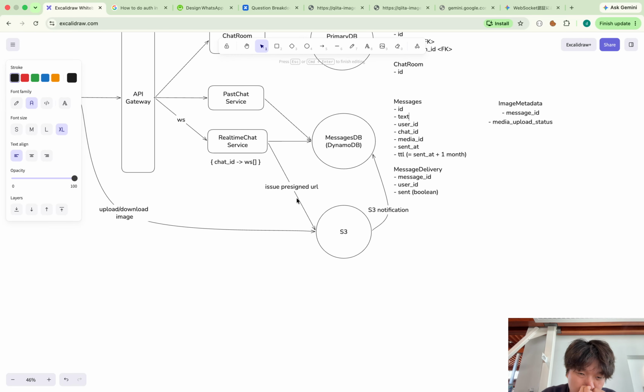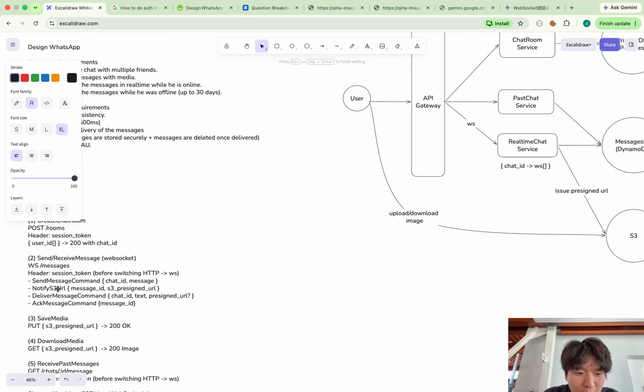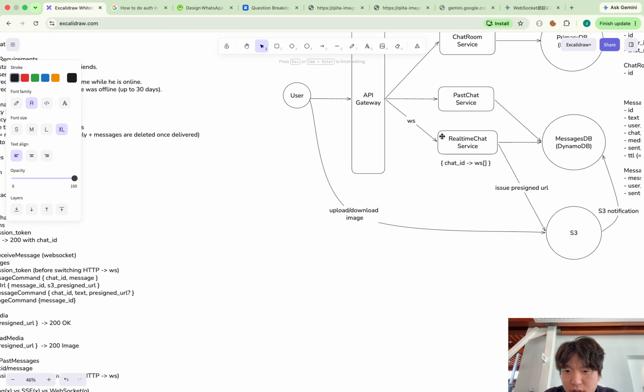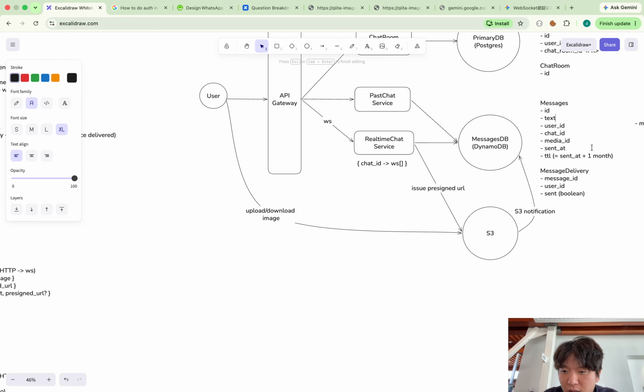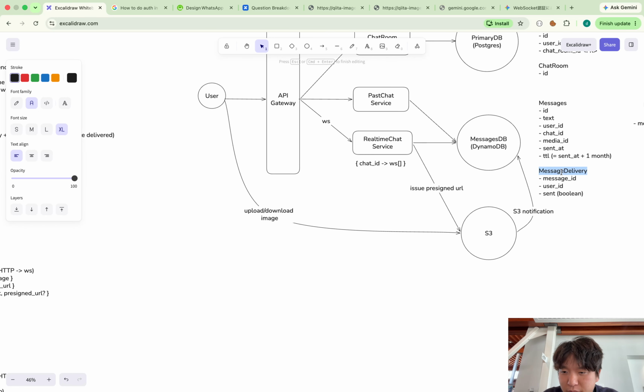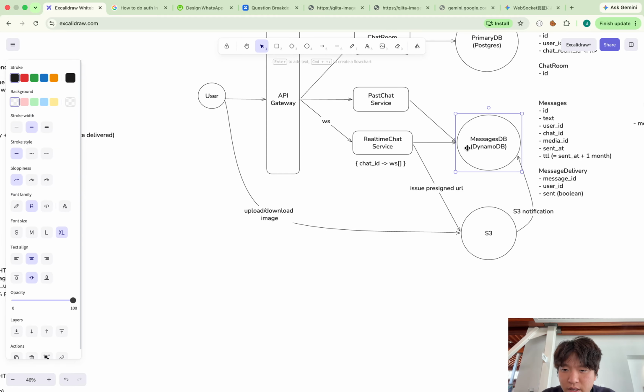So once the user acknowledges the message here, the chat service updates the message delivery flag. So this is what happens here.